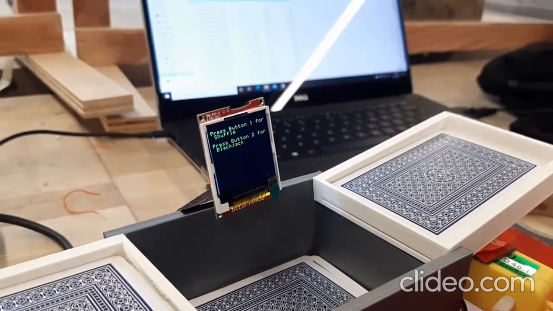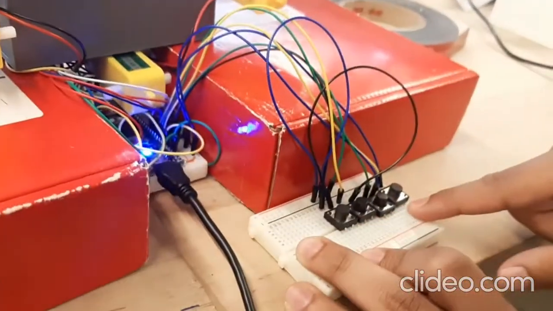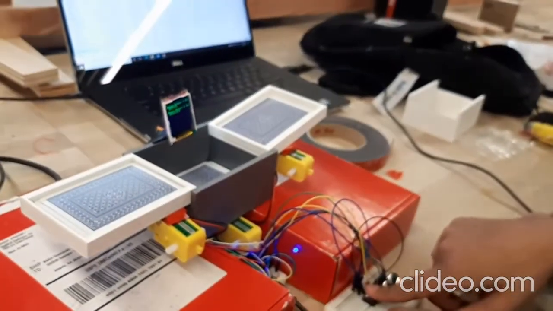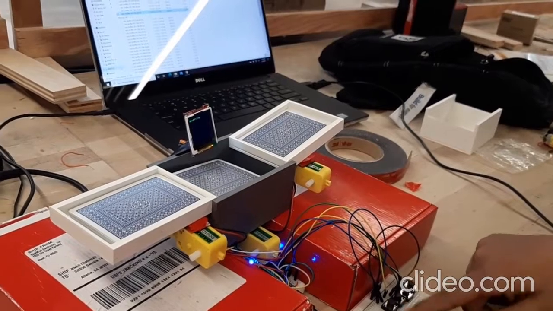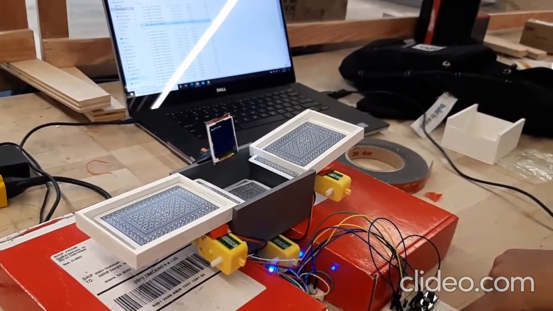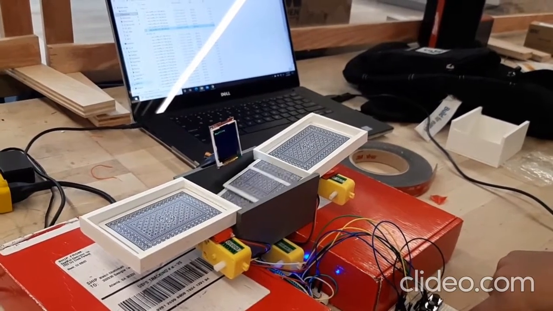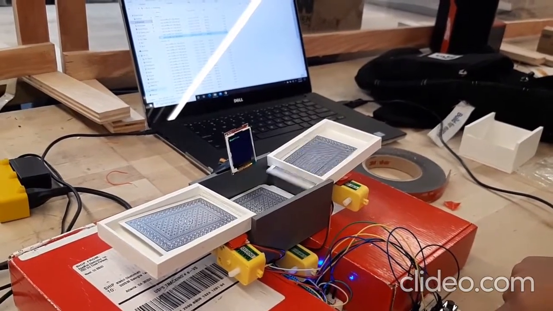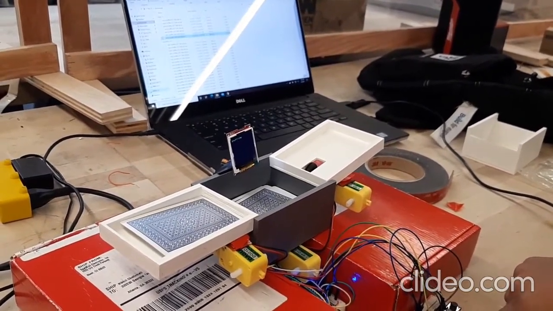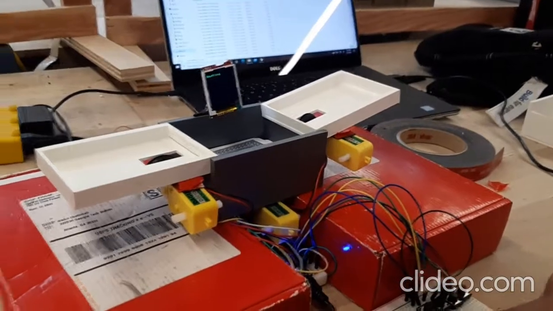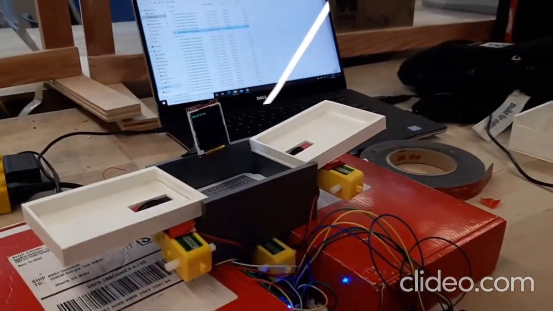So right now it says button 1 for shuffle, button 2 for blackjack. We have push buttons here, so there's push button 1, 2, 3, and 4. So if we press push button 1, it's going to start shuffling this deck of cards for us. And so now if the shuffle finishes, basically the embed system keeps doing the shuffling for 30 seconds, so we